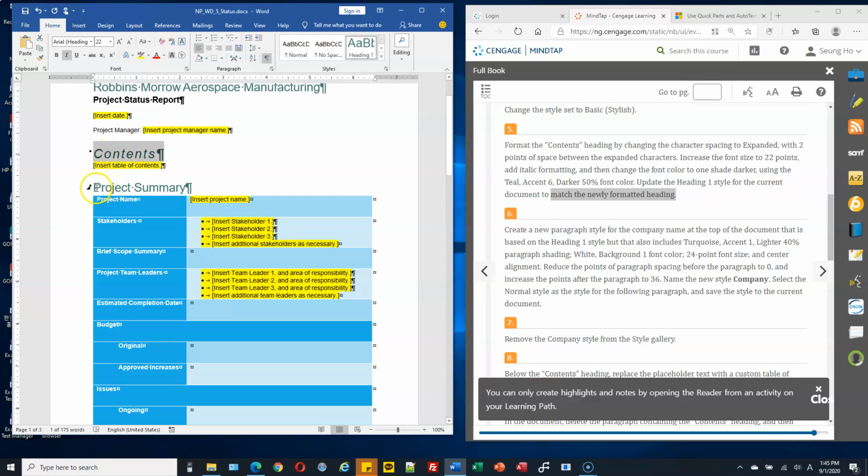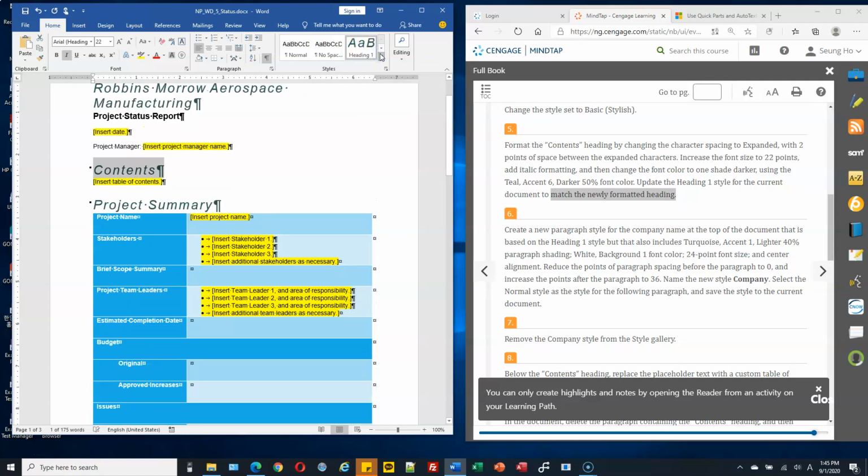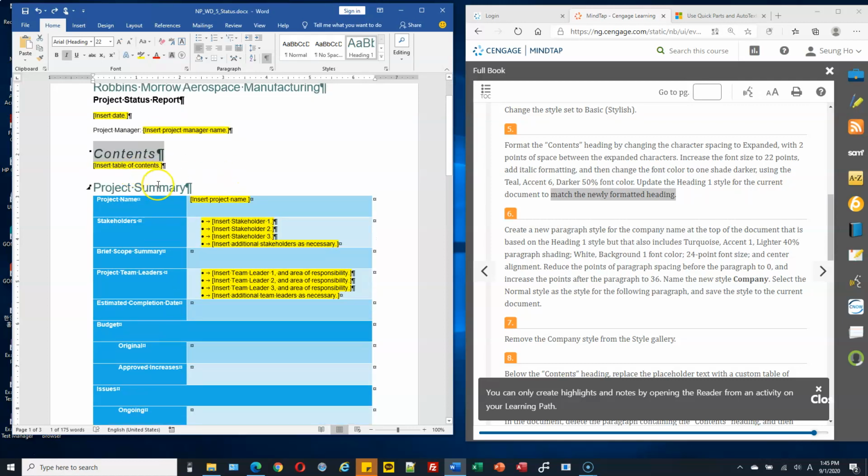So we will apply all this heading 1 style with this format. So right click on the heading 1 style, and then click the first one, update heading 1 to match this selection. So all heading 1 style changed to this format. Okay, Ctrl Z.